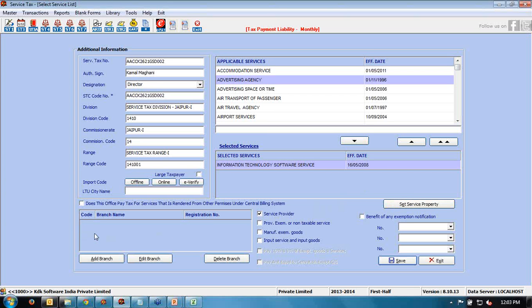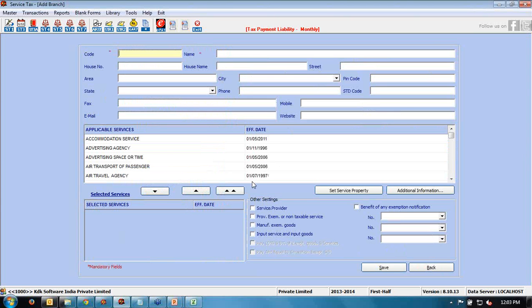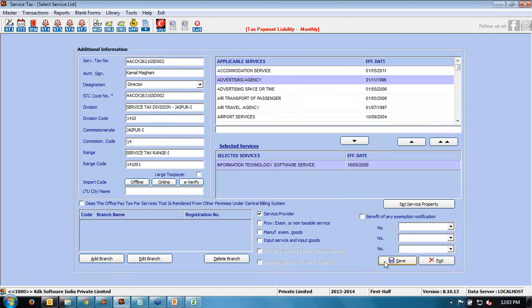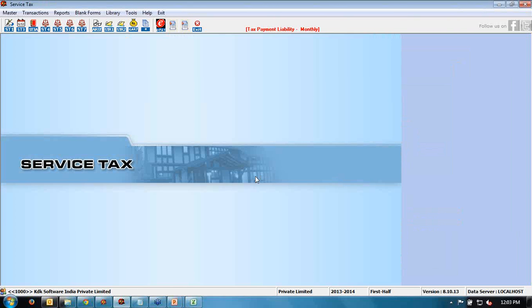In case any branch information is available, if you are preparing any branch return of your selected client, here you can add your branch information by clicking on the add branch button. After entering additional information related to the selected client, now click on the save button and exit from this screen. Now next step is